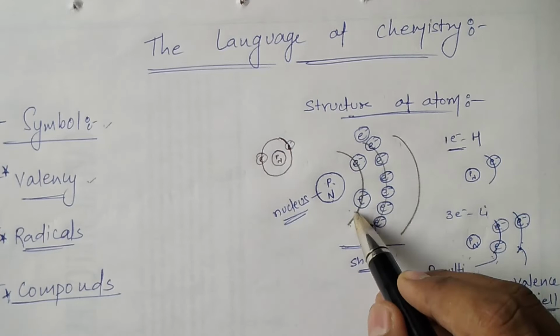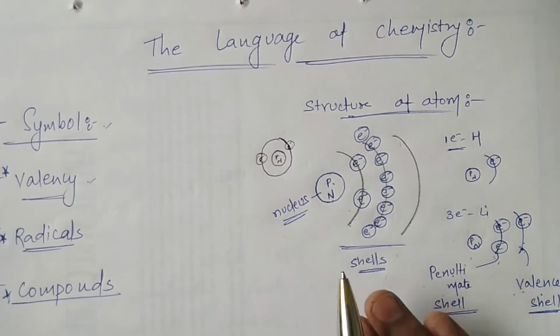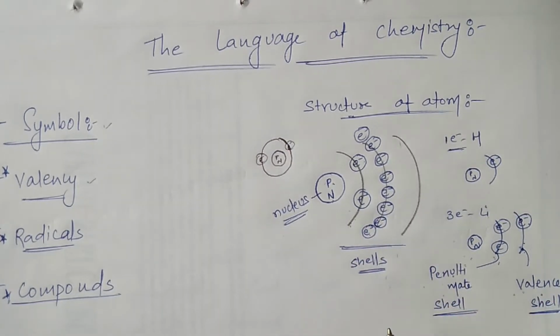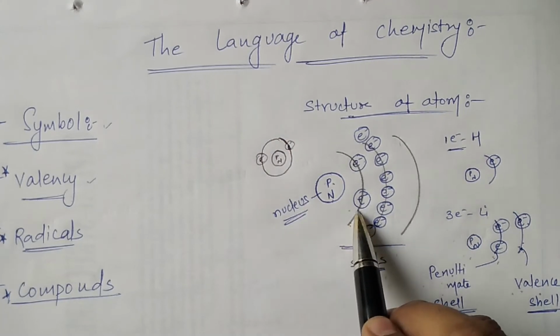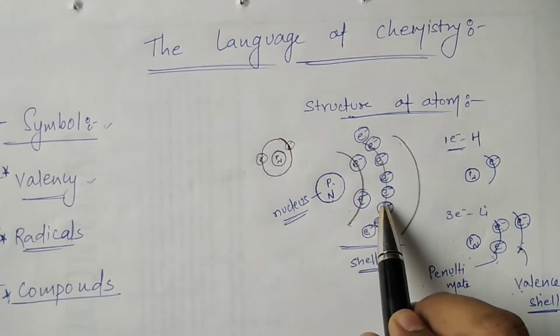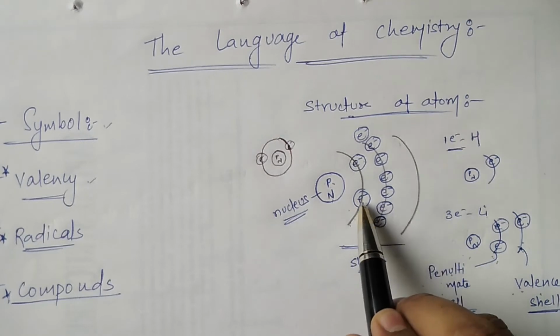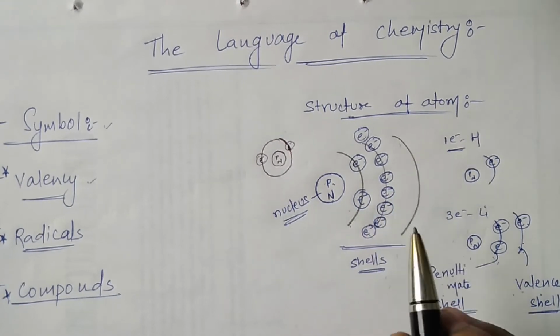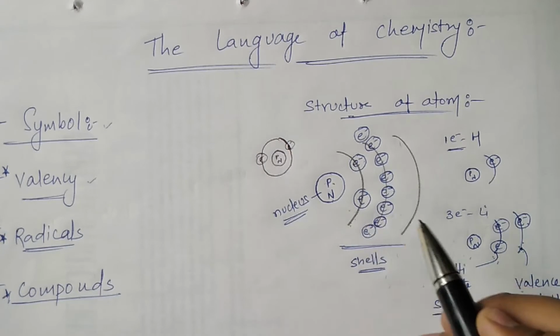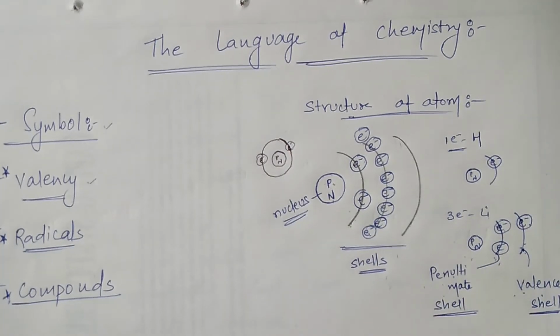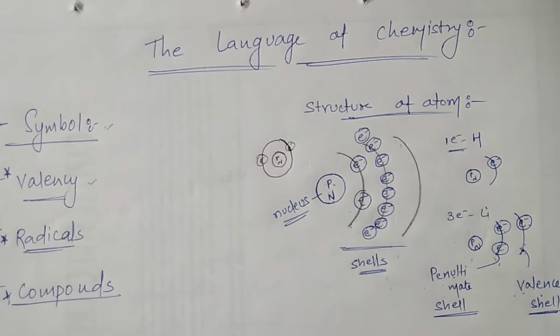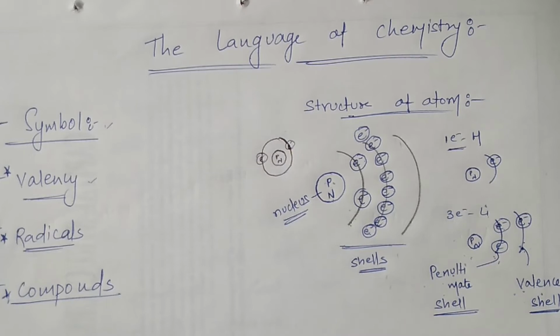So in the first two shells only, we are talking only with respect to the first two shells, not the rest of the shells. There are 2 electrons in the first shell, and once there are 8 electrons in the second shell, the shell is complete, as well as the completion of the shell gives us the electronic configuration of the noble gas. Now, why we take the electronic configuration of the noble gas very seriously is because all the atoms tend to acquire the electronic configuration of the nearest noble gas to attain stability.